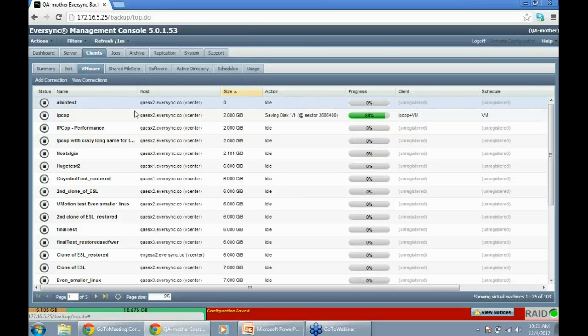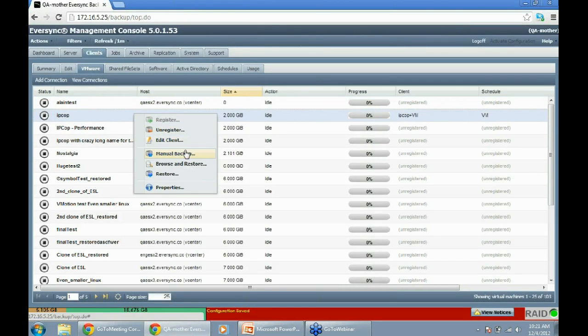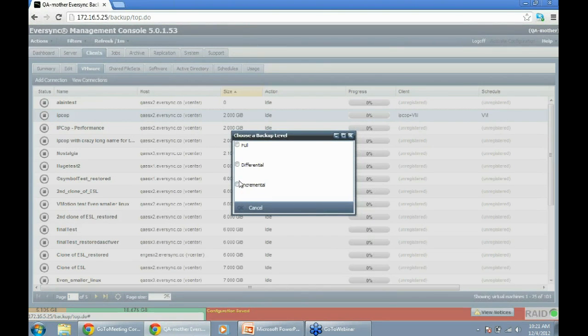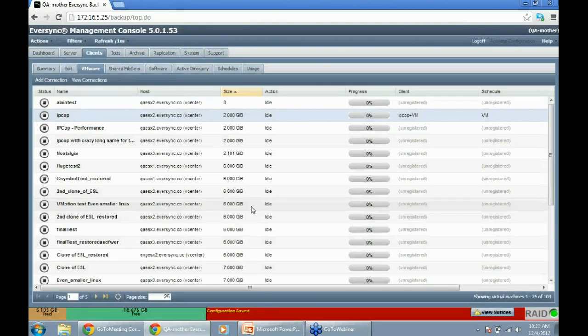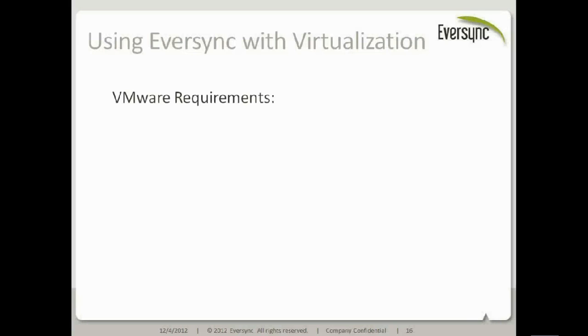VMware provides a feature called change block tracking that will keep track of what blocks of the disk have changed since this backup, so I can then do another backup of only those blocks rather than having to transfer the entire disk again, making incremental and differential backups pretty painless. So let's see, back to the slides.